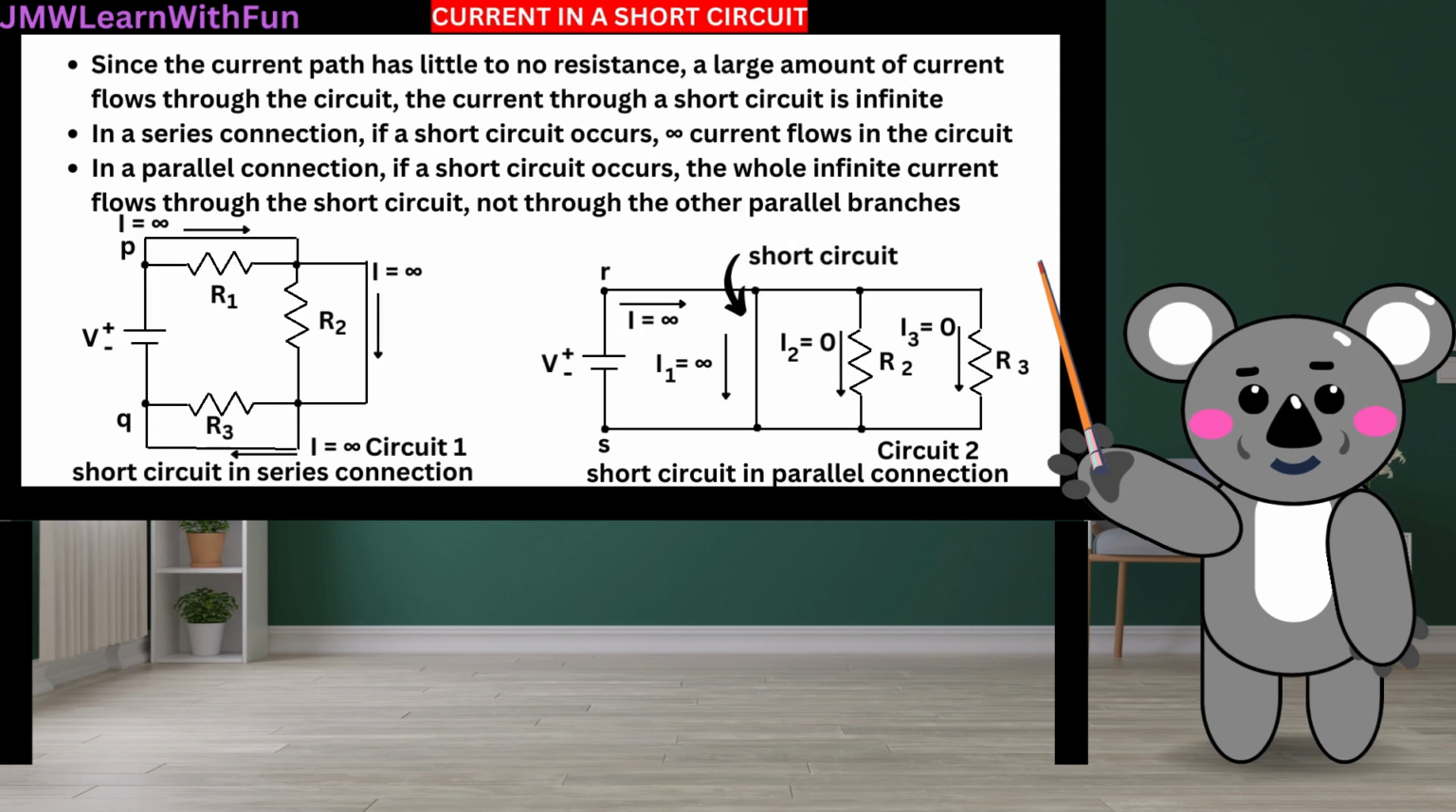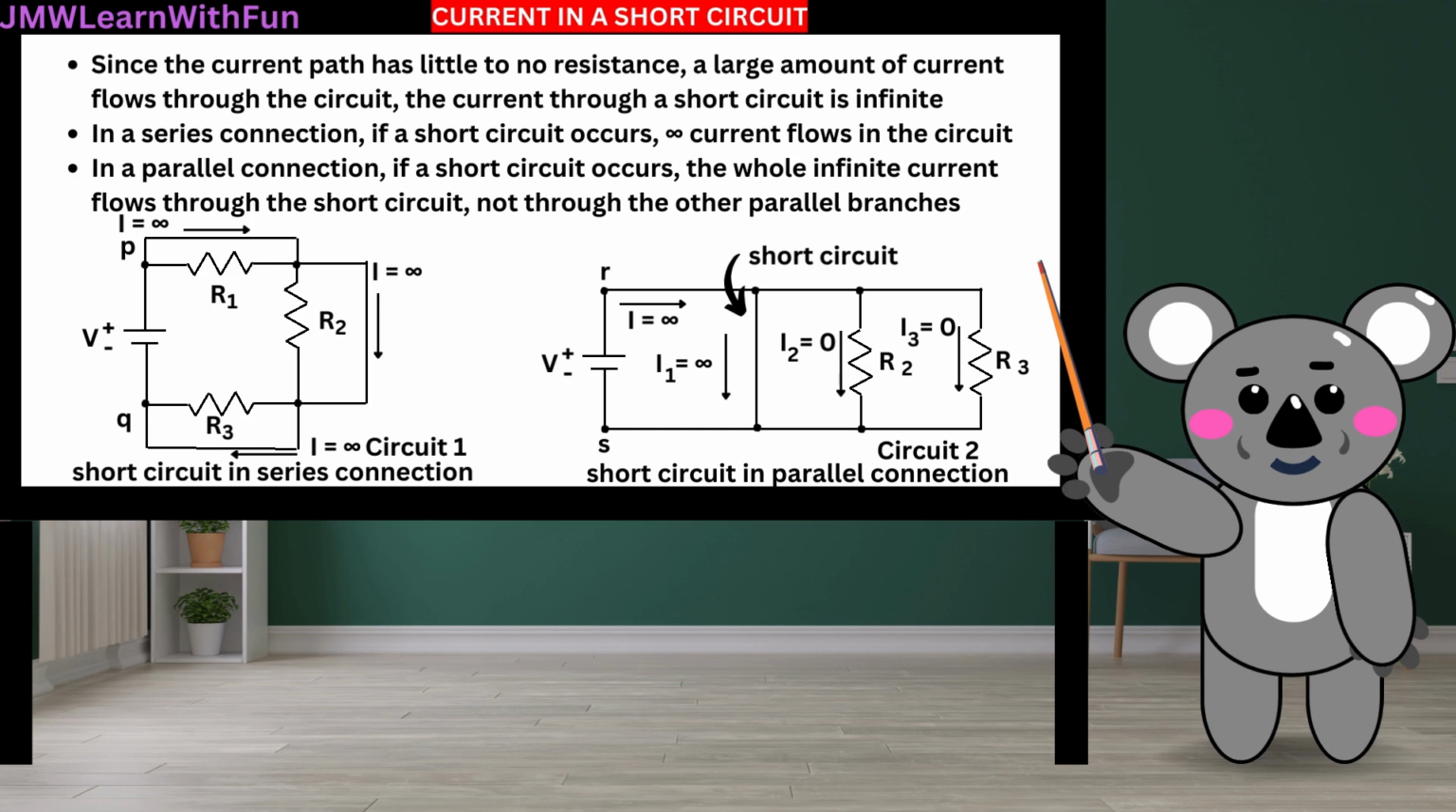Since the current path has little to no resistance, a large amount of current flows through the circuit. The current through a short circuit is infinite. In a series connection, if a short circuit occurs, infinite current flows in the circuit. In a parallel connection, if a short circuit occurs, the whole infinite current flows through the short circuit, not through